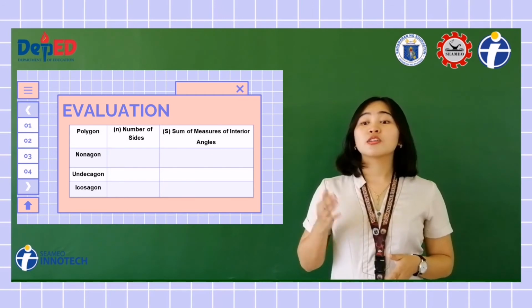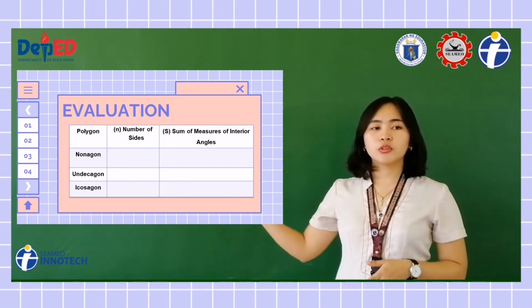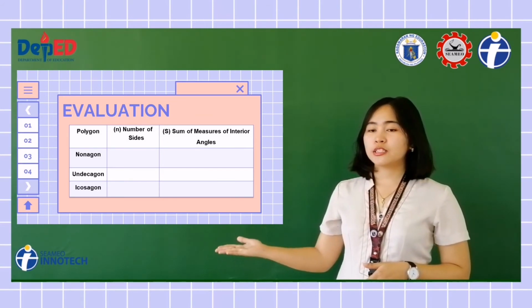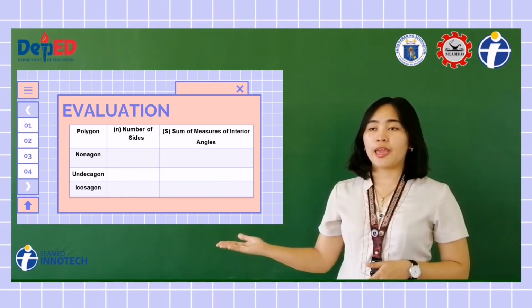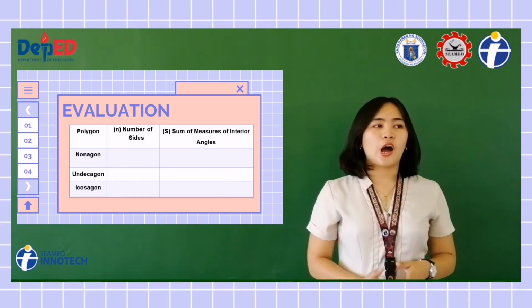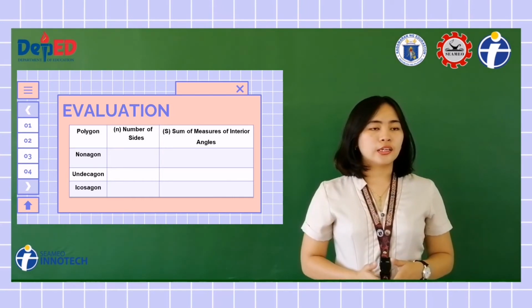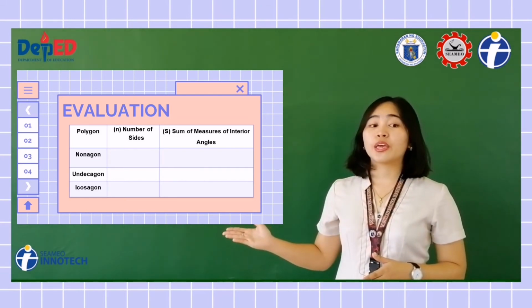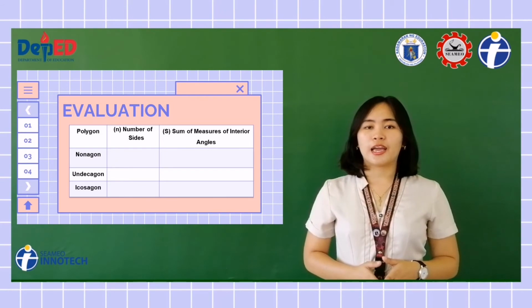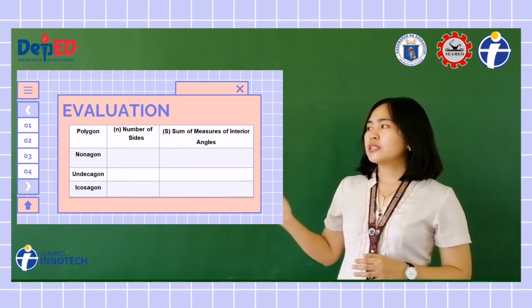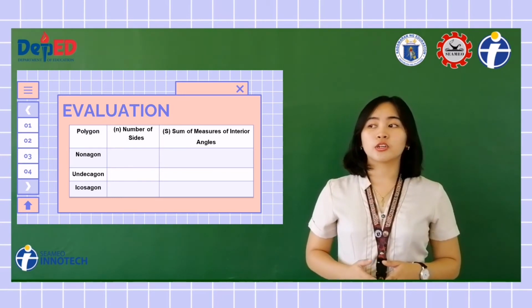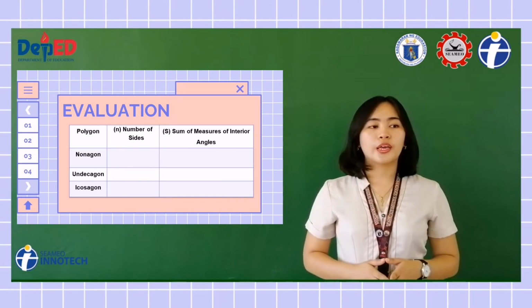Time is up. Let's check your quiz. Now, look at our screen. The polygons are the nonagon, the decagon, and the hexagon. Now, how many sides does our nonagon have? Okay, we have 9 sides. So now, what is the sum of the measures of the interior angles of our regular nonagon? Okay, we have